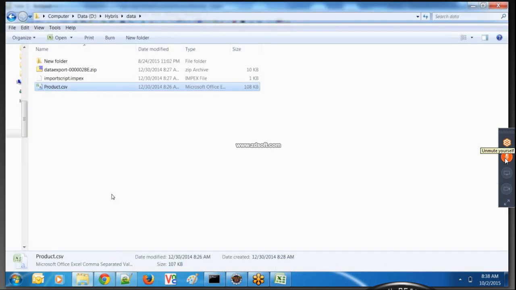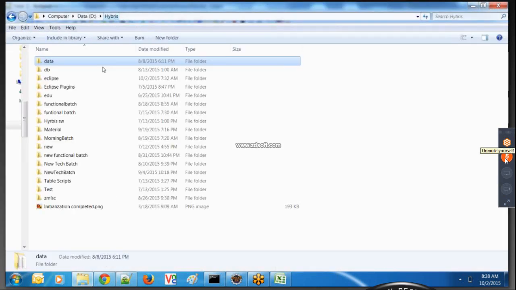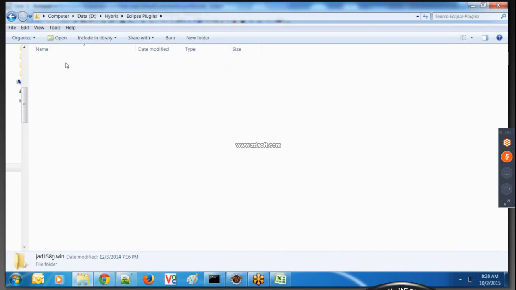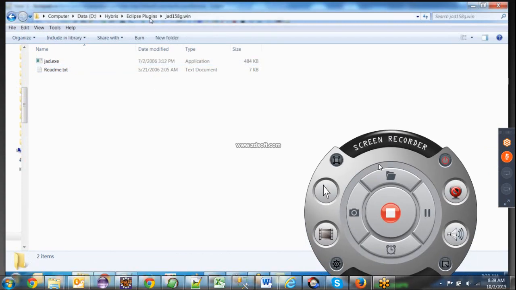I'm not sure whether I can send it or not because I don't remember whether I have it or not. See this one. It's just around 234 KB. Just use this JAD 158g.win.zip. Once you use this, you have to copy this JAD.exe in your